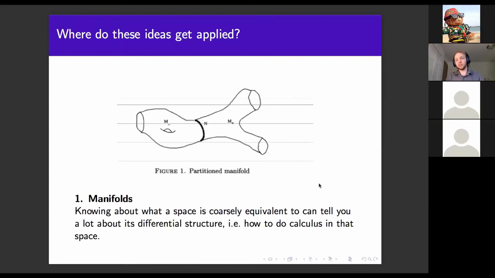So the best option you have is replacing that number with something much more complicated. It has to do with something called K-theory, which is a super hot field of topology and functional analysis. And it turns out that what you stick in the K-theory has to do with the large-scale geometry of your manifold. In particular, it doesn't care about small holes. It only cares about big ones. So in other words, you want to graduate your understanding of differential operators from the compact case to the non-compact case, and the only way to do that is to understand coarse geometry. Okay, that's the best I can do right now.